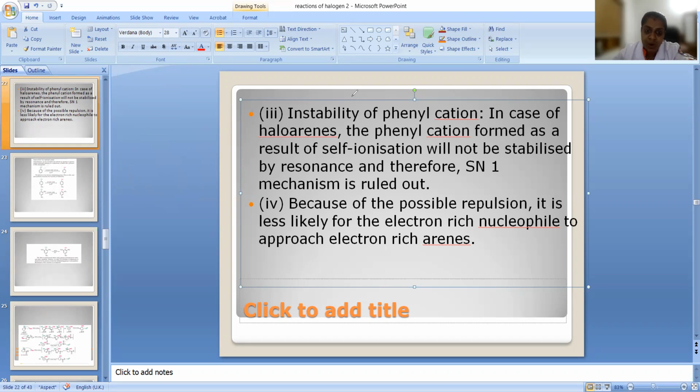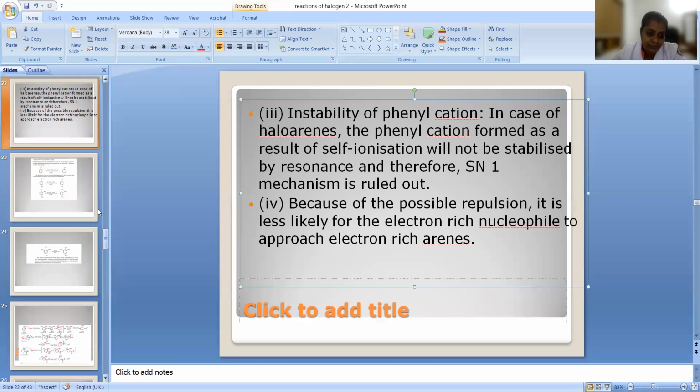And the next thing is, there is already one more reason. If you take a halogenoalkane, there is already an electron-rich center. Into that, we are bringing a nucleophile which has a negative charge. So there will be a repulsion between these negative charges, and that is also another problem. That is why it is not undergoing the nucleophilic substitution reaction. So these are the 4 reasons.